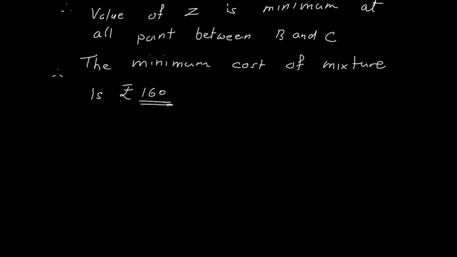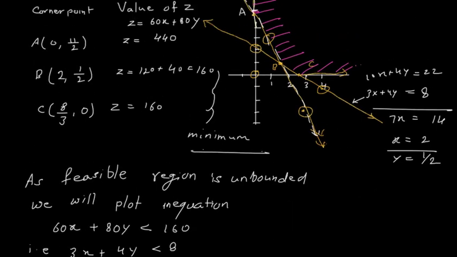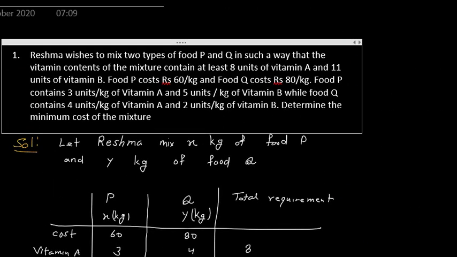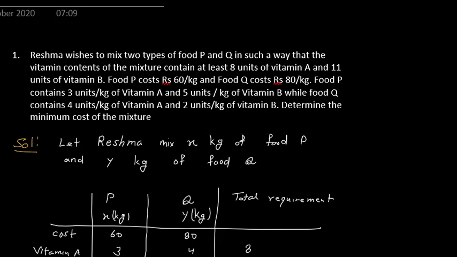Okay, so now the problem has two parts. One part is that we have to convert it into mathematical form and then we have to solve it. How to solve it you know very well, as our last exercise was completely based on that. Now this exercise involves both parts. So here you understand how to convert the given problem into mathematical form. I hope you understand this question.